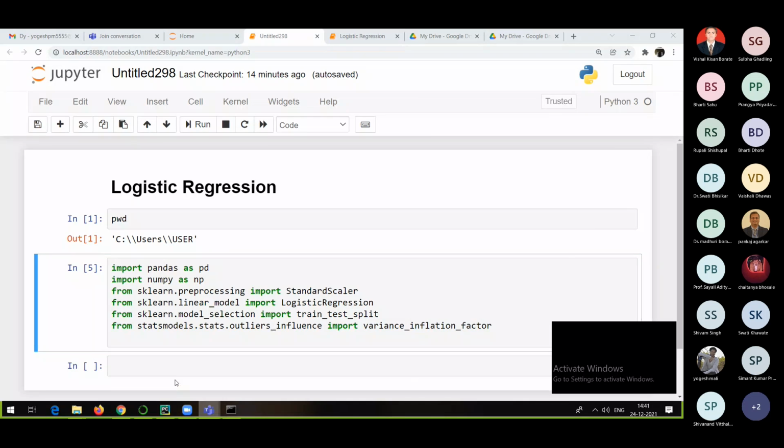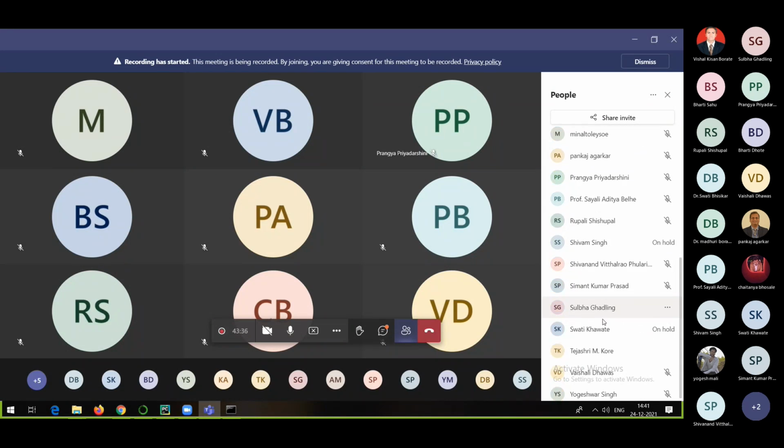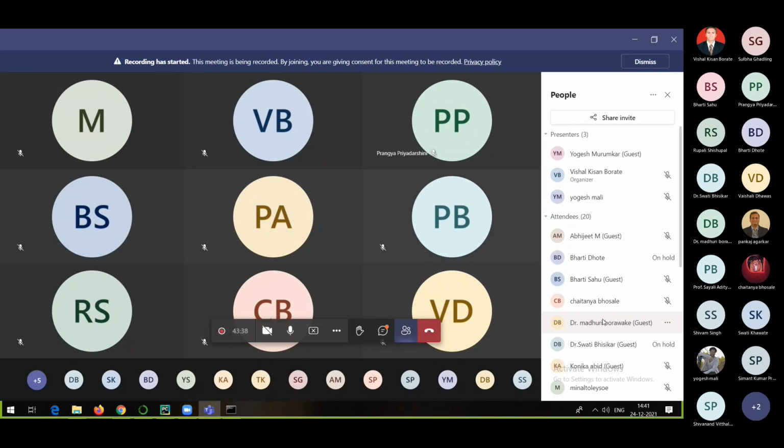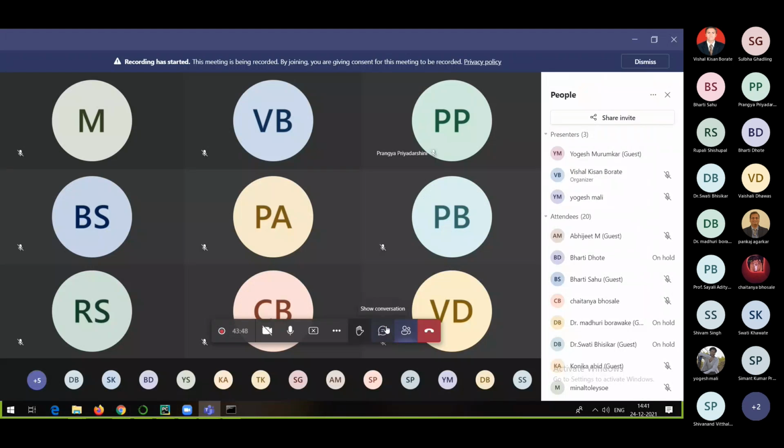Anyone? What is the use of VIF? No? Okay, fine. So no one knows the use of VIF. I am asking because I discussed it. Okay, discussed it already, that's why.